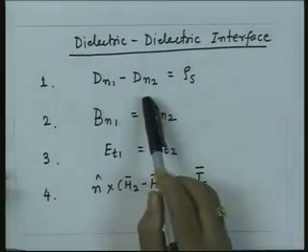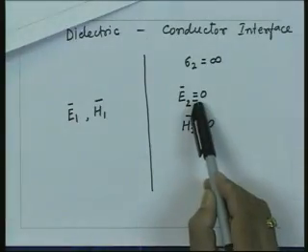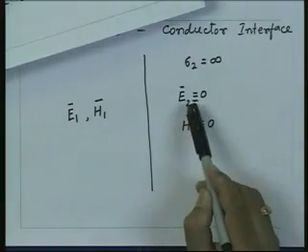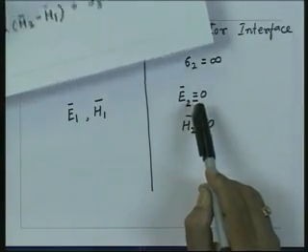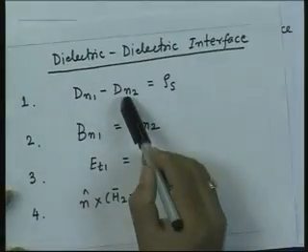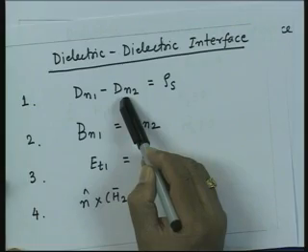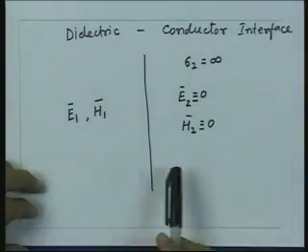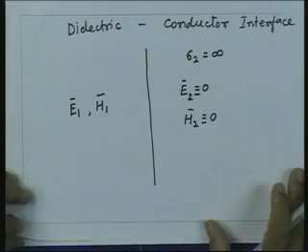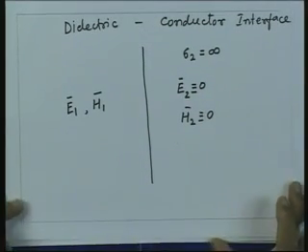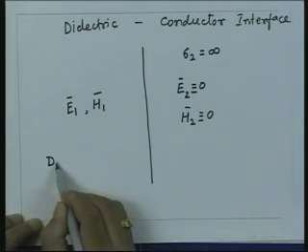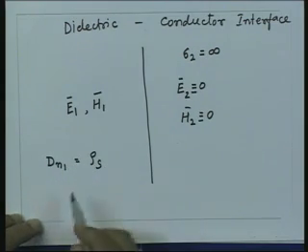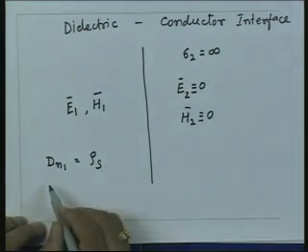Since the electric field is 0 in this medium, and the permittivity times the electric field is the displacement vector, Dn2 is identically 0 inside the conductor. So, the boundary conditions would be that Dn1 is equal to the surface charge density because Dn2 is 0,